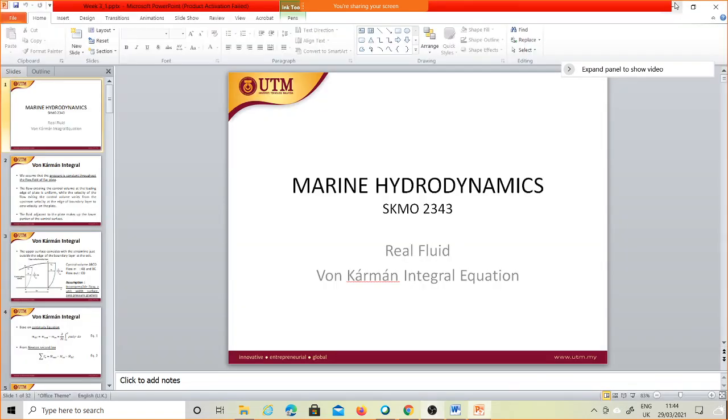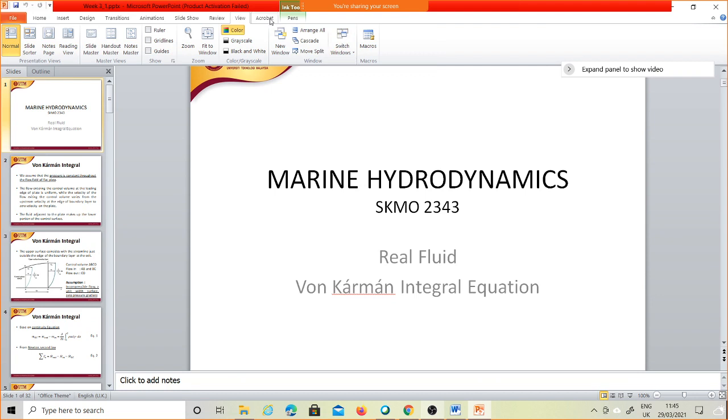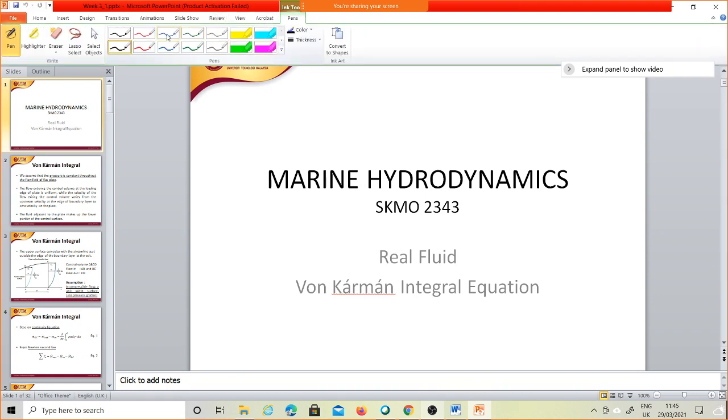Okay, so our next topic after the Blasius form of equation. According to the Blasius solution, the exact solution, we have the expression for the displacement thickness, the boundary layer thickness, the momentum thickness, the wall shear stress, and the frictional coefficients. All these parameters will also have different expressions when we solve this von Karman